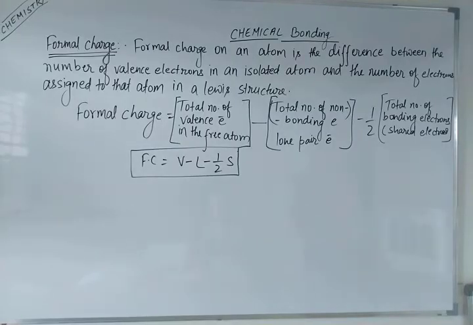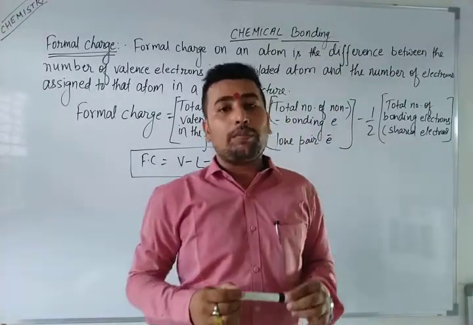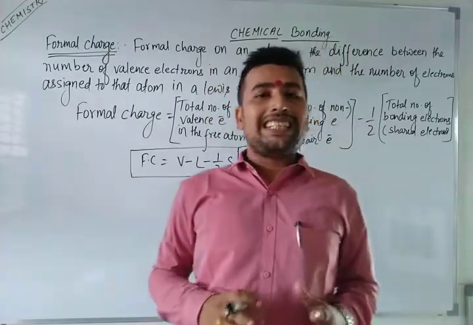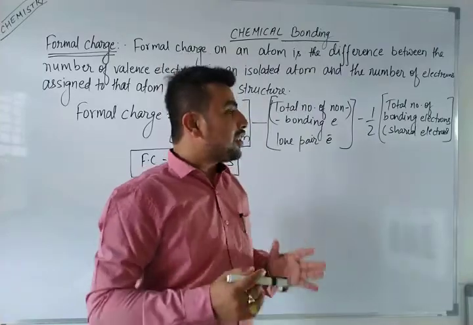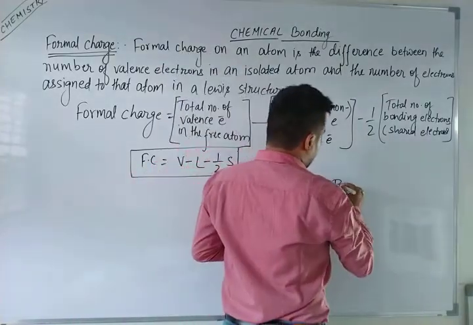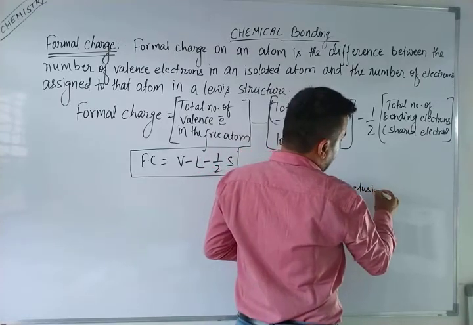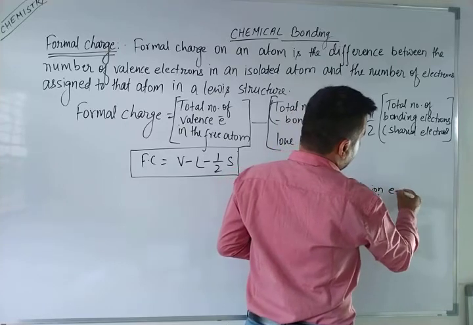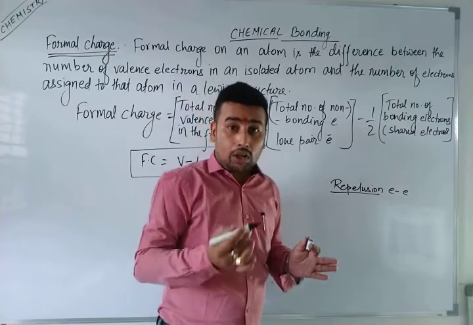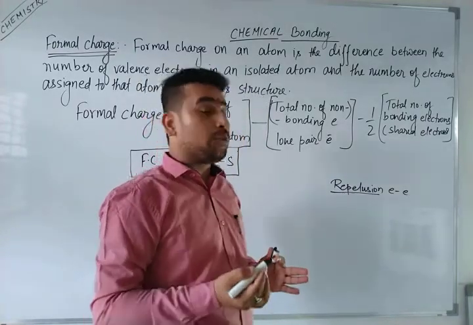Before understanding the concept of formal charge, I would like to inform you about the shared pair, lone pair and bond pair. You must understand the repulsion concept. Repulsion of electrons is maximum. Repulsion means what? You know very well that like charges repel each other, right? So there will be repulsion between electrons, but in an orbital they have orientation, and in the orientation the electrons are situated with each other.